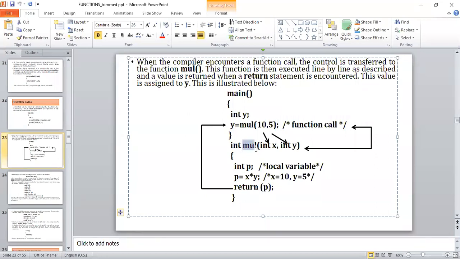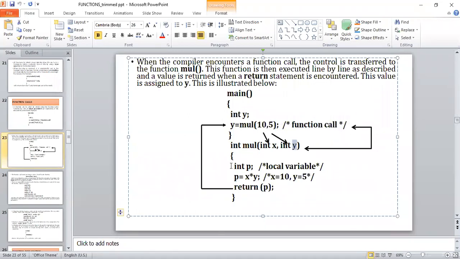The name of the function is multiply, followed by the list of formal parameters, which take the values from the arguments passed in the call in main. In main we have taken two arguments, 10 and 5. In the function declaration, it is going to take those values. That means x will take the value 10, and y will take the value 5.